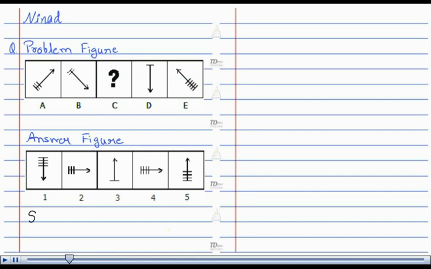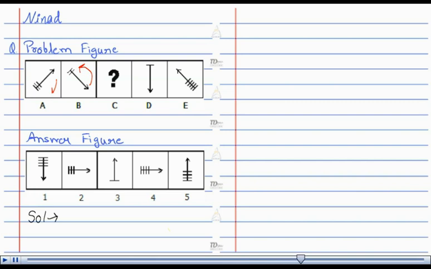Let us find the solution to this question. Now, if you look at the problem figure, we can see that each time the figure rotates through 90 degrees in clockwise direction. Now, the figure A is rotating 90 degrees in clockwise direction. Now, the second time this figure is rotated 135 degrees in anti-clockwise direction. Now, from that it is rotated 180 degrees in clockwise direction, and from that it is rotated 225 degrees in